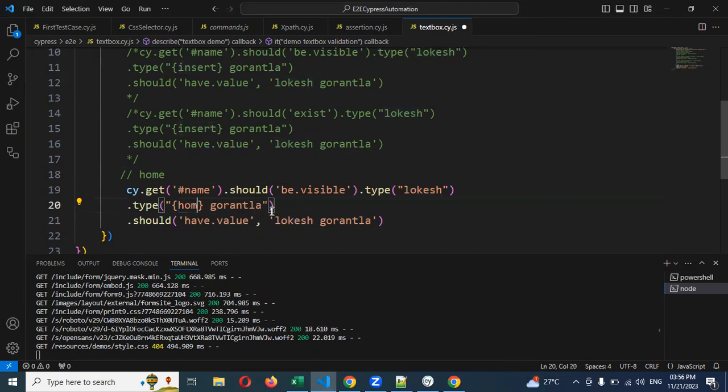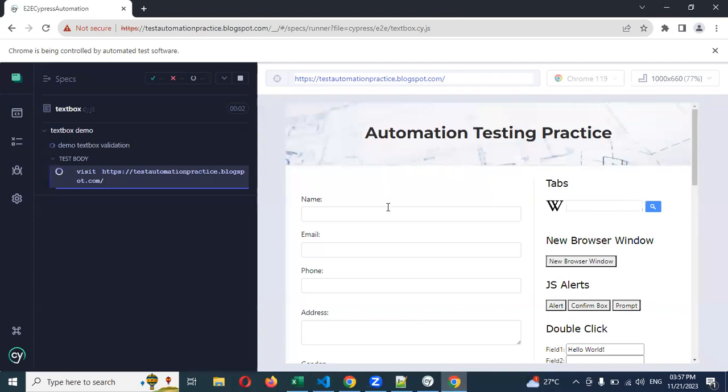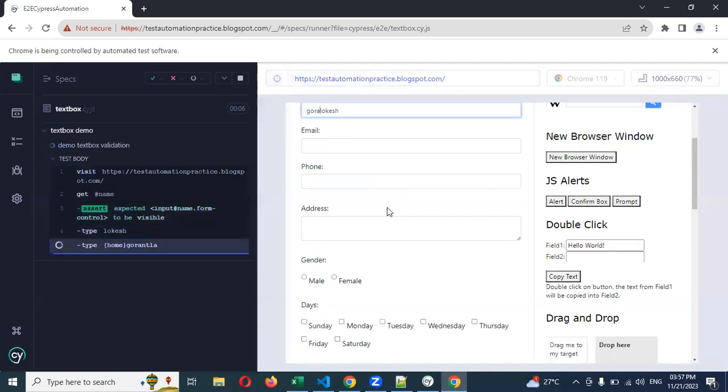I will use home. Then if I save now, previously Lokesh Gorantla was coming. Now I want to enter Gorantla first. Then see now, you can see